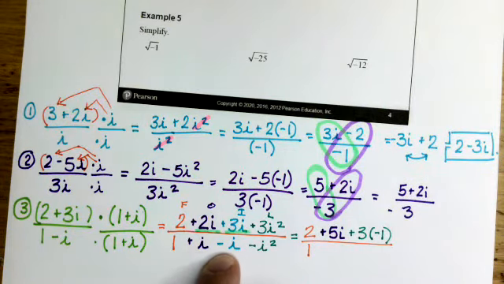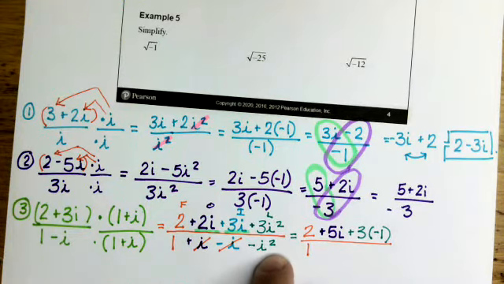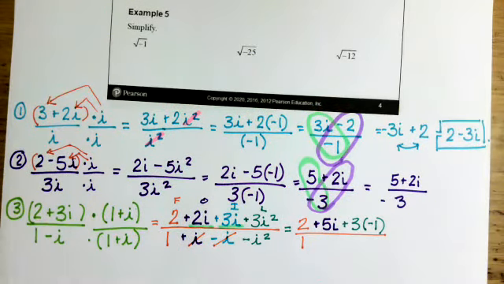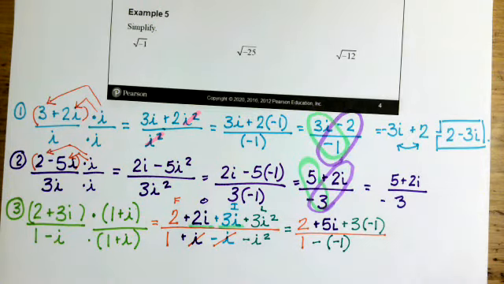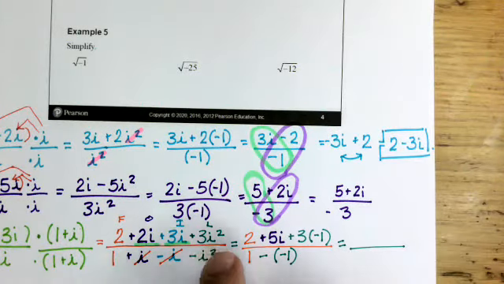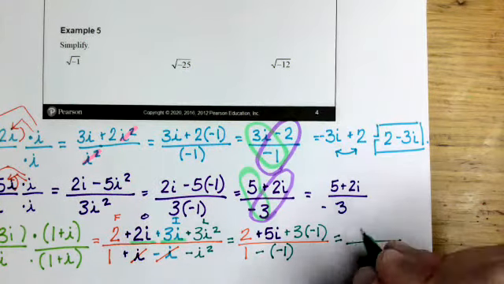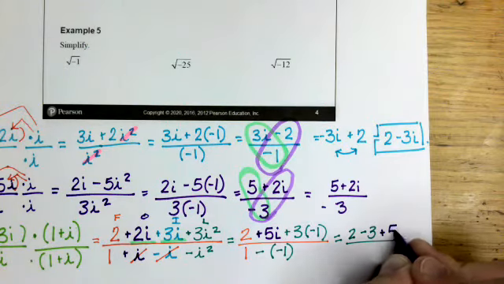Positive I minus I cancel out. Negative I squared, so we just have 1 minus I squared, negative 1. So now I have 2 minus 3, because 3 times a negative 1 is a negative 3, plus 5i